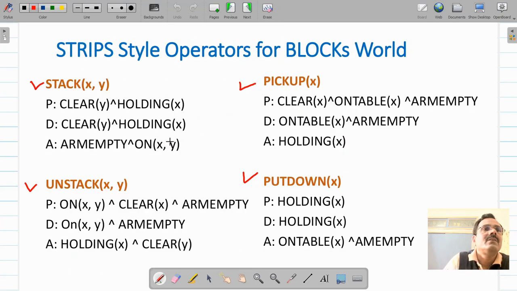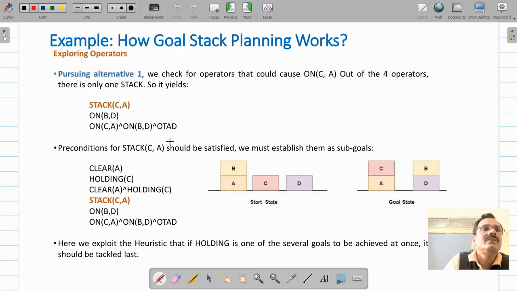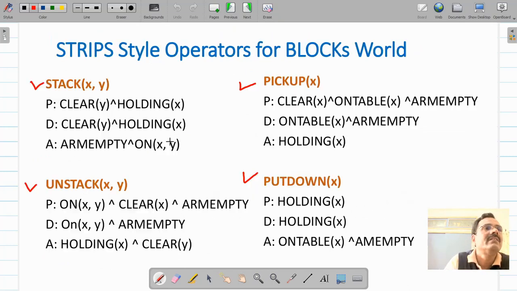What will we have to achieve? You will have to achieve stack CA. So X will be C and Y will be A in this case. Because you have to achieve on XY, you will have to perform action stack XY.